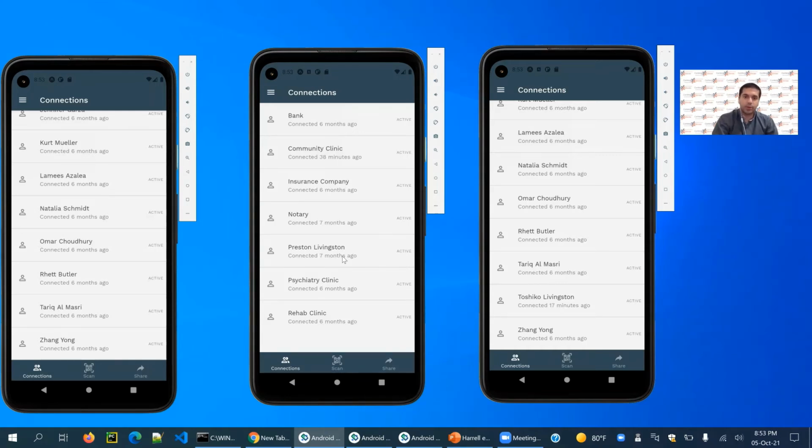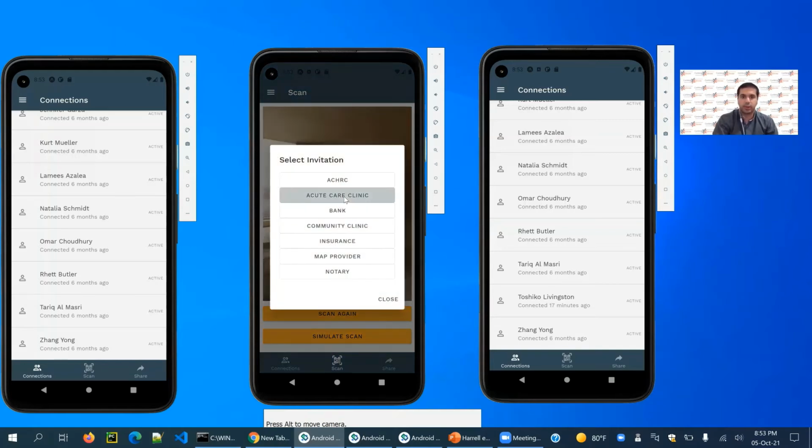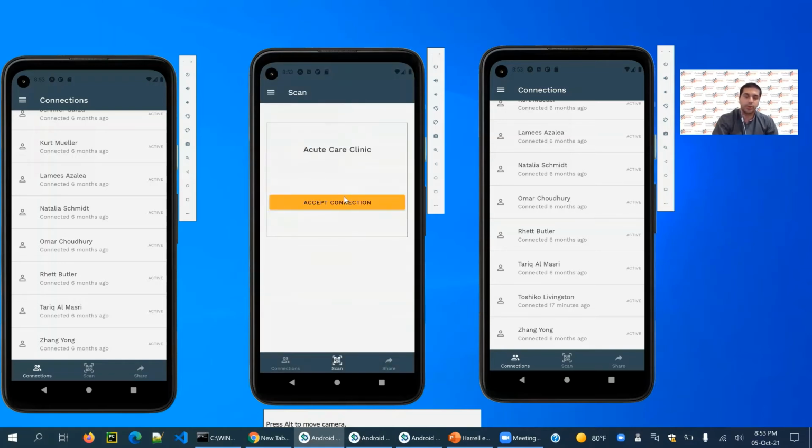Now, the next step we want to do is to establish a connection between acute care clinic and Toshiko. So we go to the scan tab. There we have an option of scanning a real QR code that will be present at the participating clinic. But since these are emulators without camera option, we will have to click on the simulate button and select acute care clinic from the list. This sends an invitation to acute care clinic, which responds back and asks Toshiko to accept the connection, which Toshiko